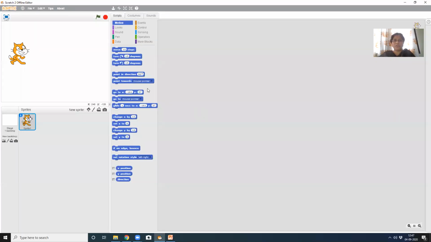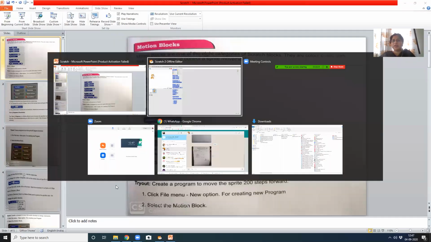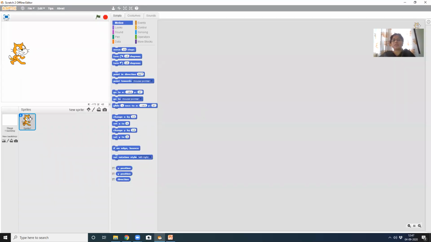So it goes off. Okay, we saw that this is our block area, right? What did I say? If I want to add a new sprite, where do I need to click? Yes, here you can see 4 buttons are available on top of your block area, above script, costume, sound.